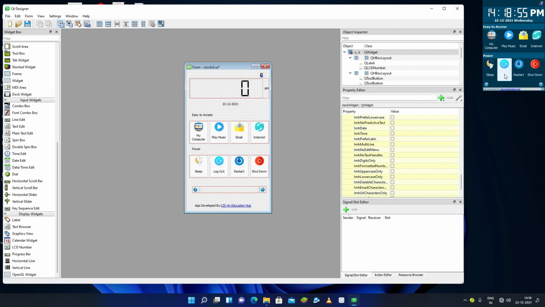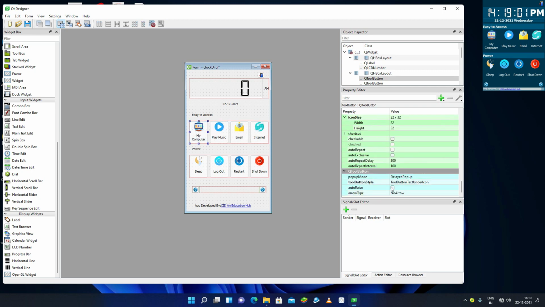These are not shown as before. So what I will do is go down below and select auto raise for all the buttons. So it will be raised when you go to the button, otherwise it will not show any boundaries. So now auto raise is on.